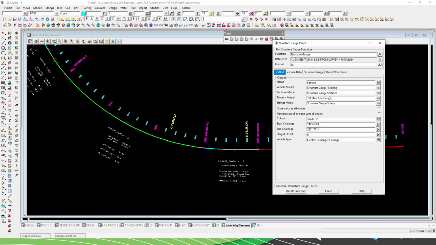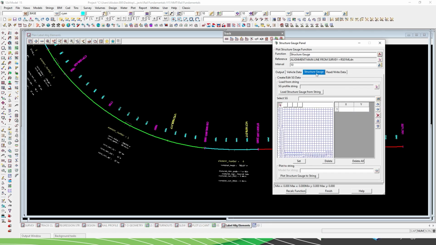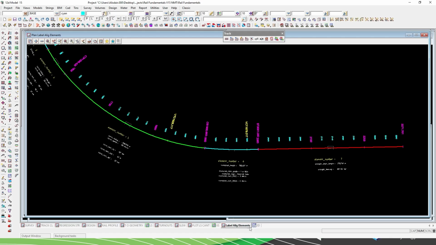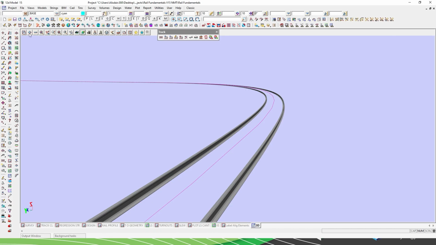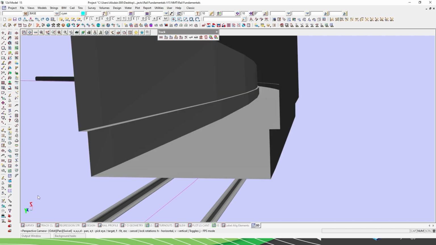So one of the beautiful things about this new version is it's had a little bit of love given to it, and what it will do for us when we go through and read out all the information is produce a tri-mesh. So I'm going to just come up here. I've already run this anyway. It's very, very quick. It takes no time at all to run the structure gauge, but I'll just go and add all my structure gauge models on in here. And again, that's all covered in our